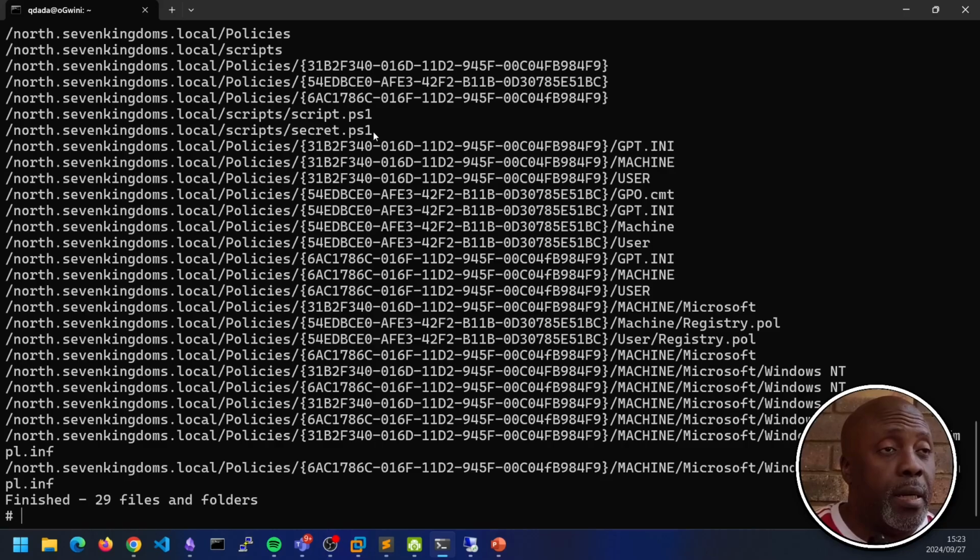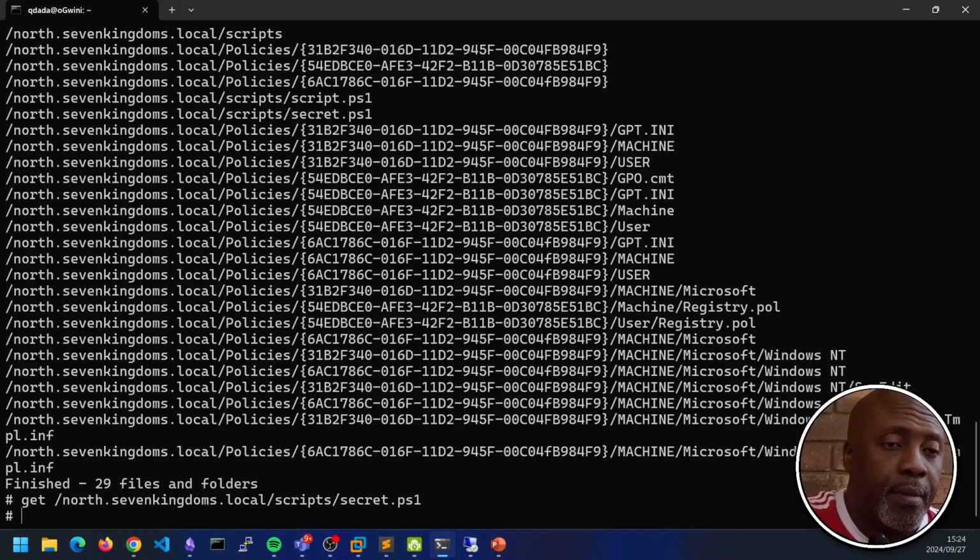So we decide we want that particular file. So what are we going to do? We copy that file name. We're simply going to say get that file there. Does it do paste? Looks like I'm not doing paste. Yes, it does. Okay.